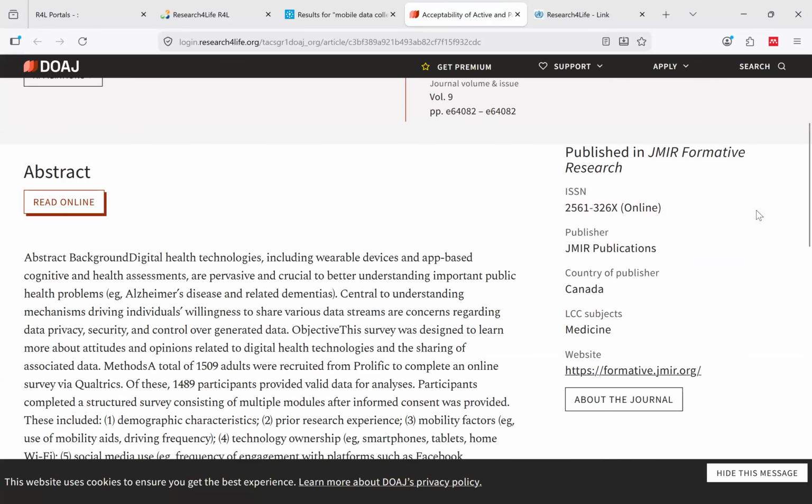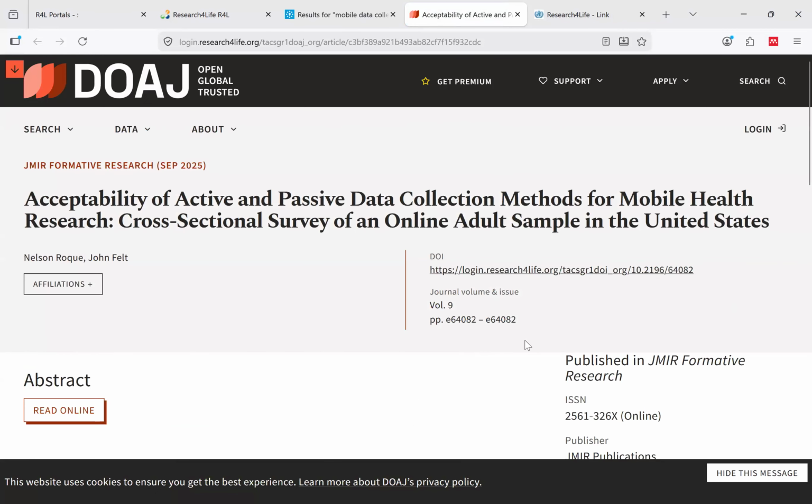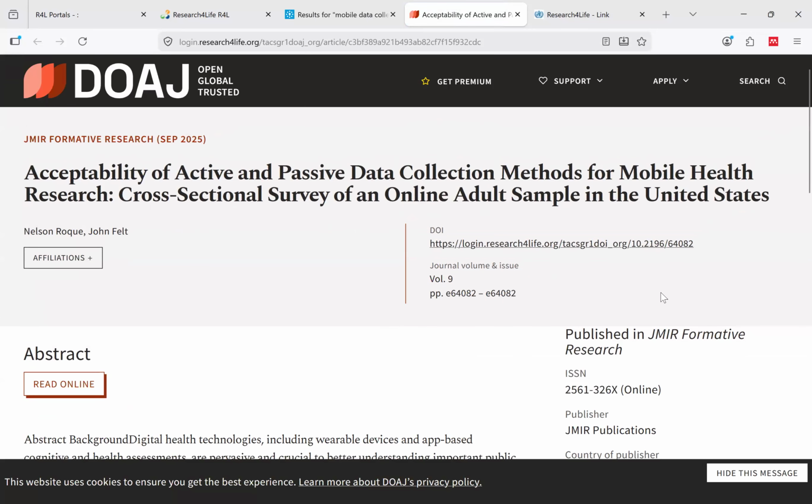Now, this article is from Dowat. You see this? So some articles from Dowat, this is what I was trying to show, even for the ebooks. This is how they're going to show. You have the DOI, or you have the read online. So you may click on that DOI, or you may click on read online. When I click on that DOI, I should be able to download my article.